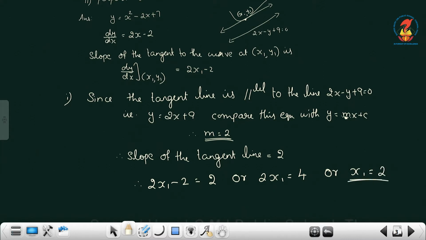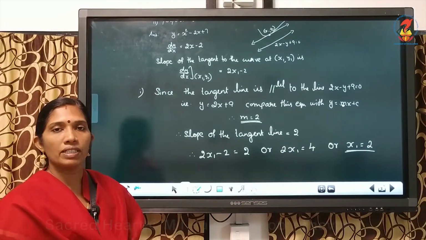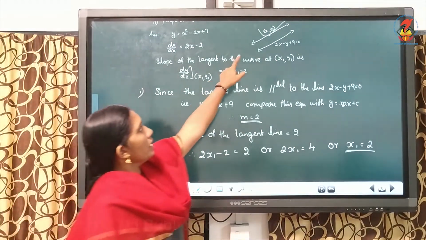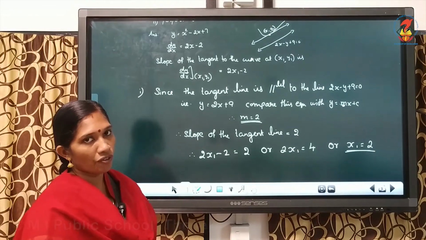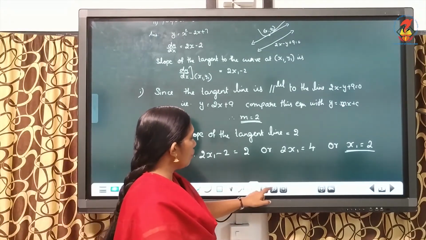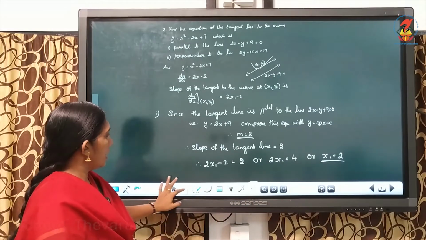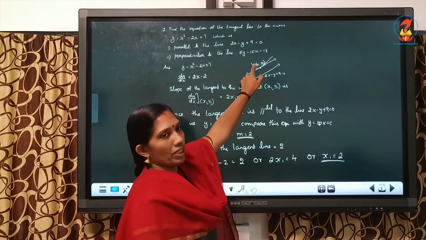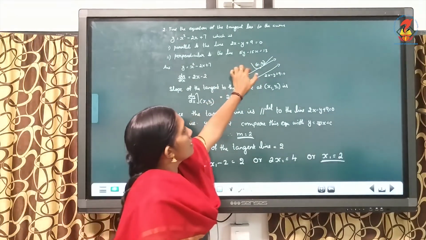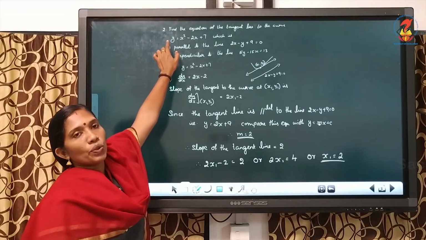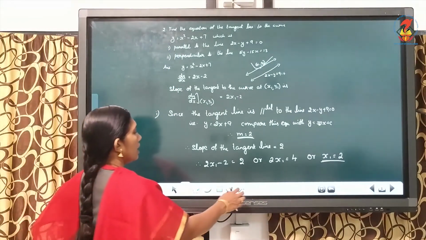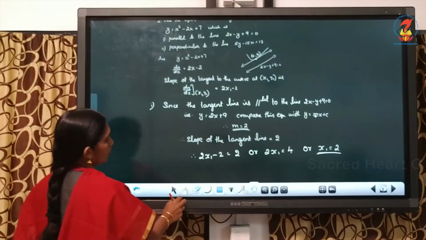So, one coordinate we get, that is x1 is equal to 2. Now, one more coordinate is there, x1 comma y1, that is the point of contact. So, we have to find y1. How do we get y1? This x1 comma y1 lies on the curve. So the curve equation is given, there you can substitute. Therefore y1 is equal to